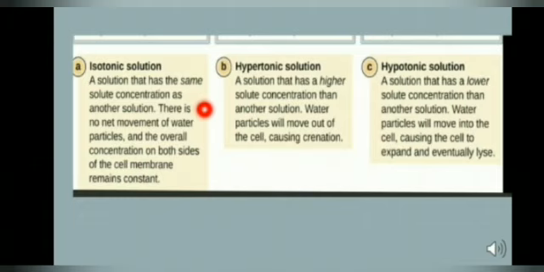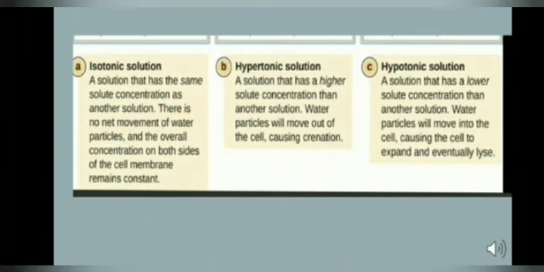Such solutions have the same molar concentration. This is very important. Here the osmotic pressure pi 1 equals pi 2, and the molar concentration M1 equals M2. But they will have different concentrations in grams per liter. If these solutions are separated by a semi-permeable membrane, there is no flow of solvent in either direction.